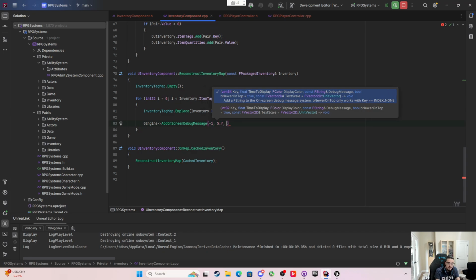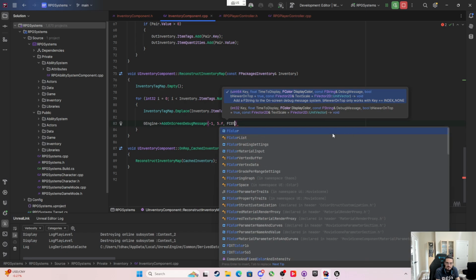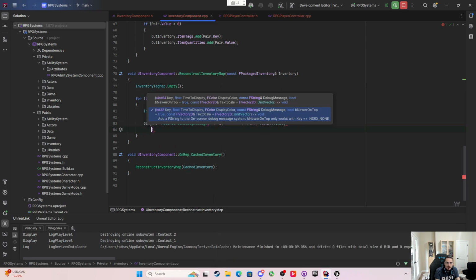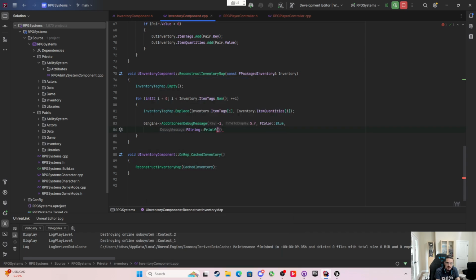Print time, we'll leave it up there for 5 seconds so we can see this, and it'll be FColor::Blue. And then our message is going to be FString::Printf, with the text saying tag added, %s, and quantity added,